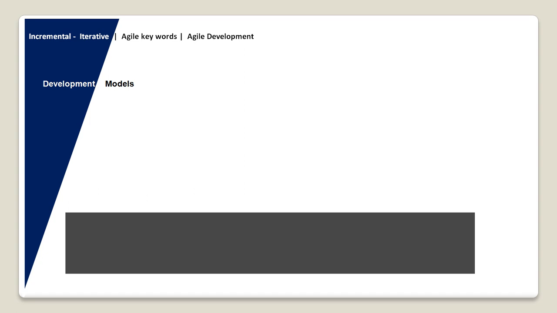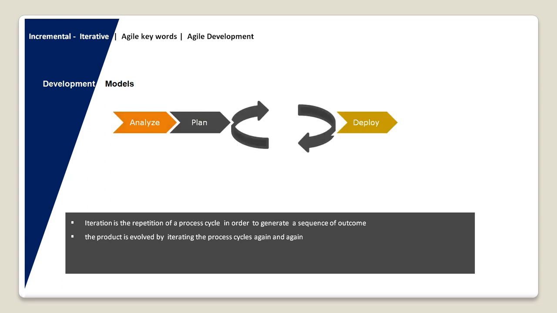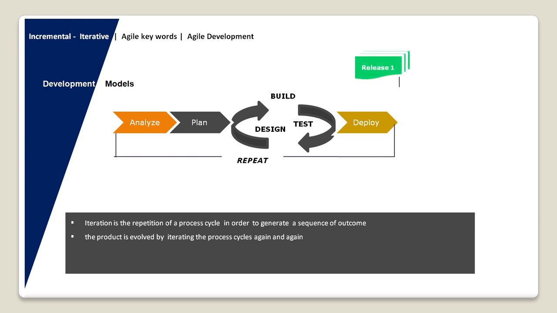The next one is iterative. Iteration means doing something repeatedly. It is actually a word of Latin origin. As far as Agile development is concerned, iterative means repeating the software development activities. We can apply this approach in the design process